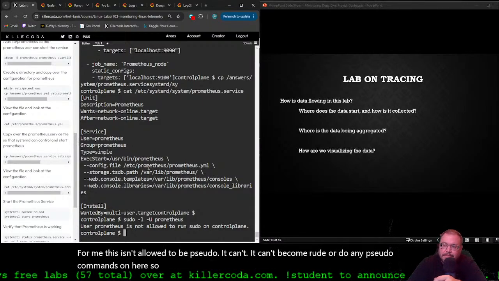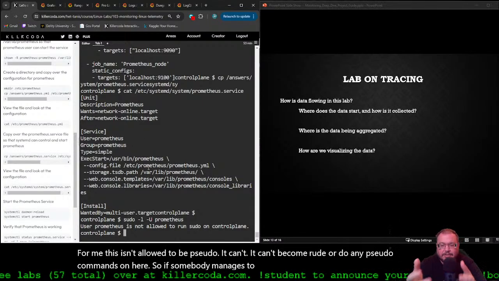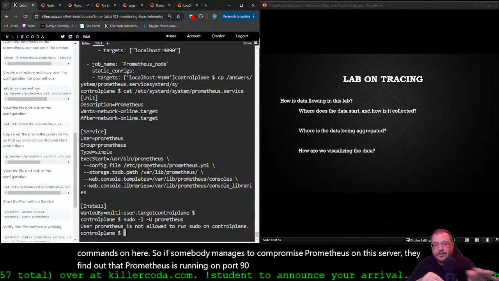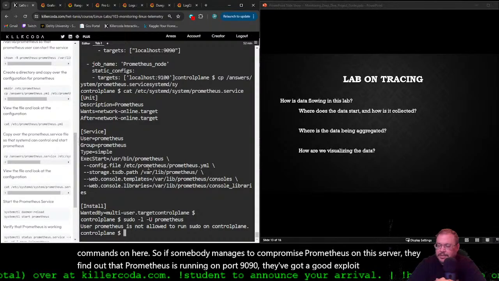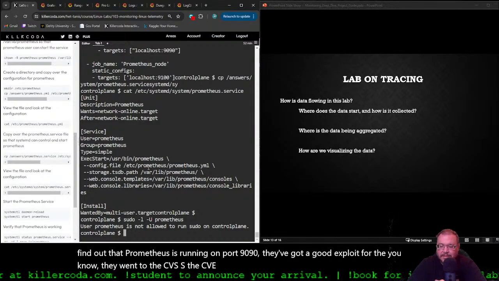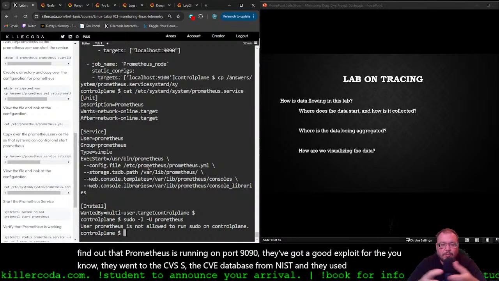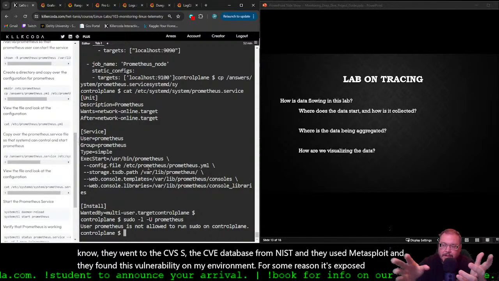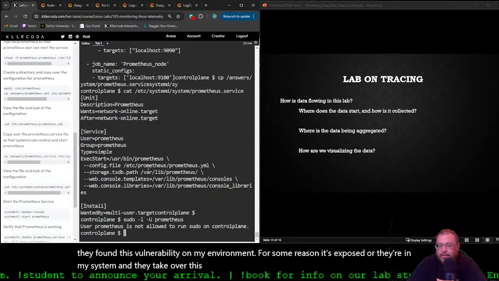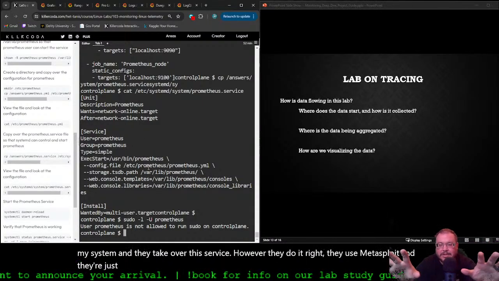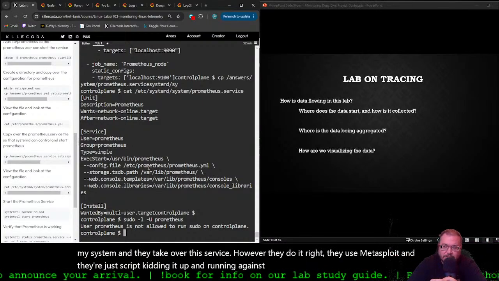So if somebody manages to compromise Prometheus on this server, they find out that Prometheus is running on port 9090, they've got a good exploit from the CVE database from NIST, and they used Metasploit, and they found this vulnerability in my environment. For some reason it's exposed, or they're in my system, and they take over this service. However they do it, right? They use Metasploit, and they're just script kidding it up and running it against everything, and they take over this system.